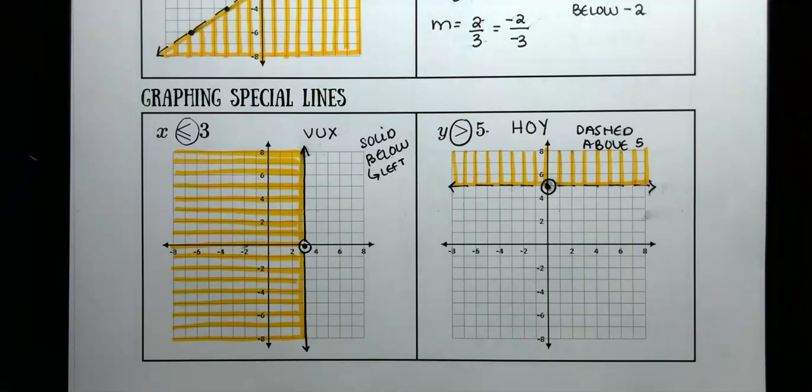So with that, that is how you graph linear inequalities using what we already know about equations, and then interpreting that inequality symbol so we know what kind of line to use and where to shade. So I hope that helped, and I will see you guys in the next